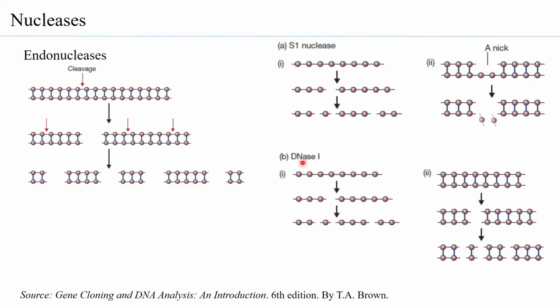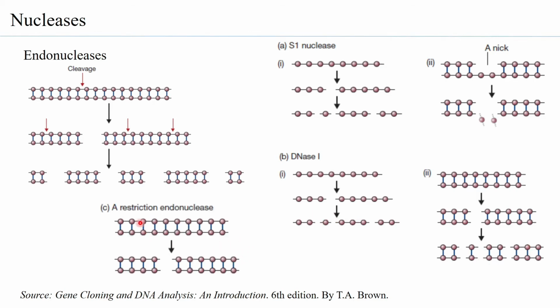Now let us look at another endonuclease, and this is DNase 1. DNase 1 can cut both single-stranded DNA as well as double-stranded DNA, and it can cut anywhere within to give rise to smaller fragments. The third type of endonuclease, which is very, very important and highly used in gene cloning, is restriction endonucleases. Not that the others are not being used, they are also being used, but for the cutting purpose in terms of the gene cloning experiment, restriction endonucleases have created for themselves a very special